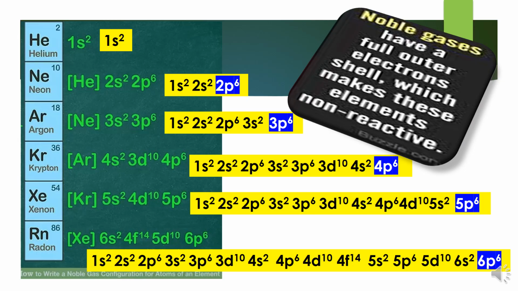It is very important to understand and learn the electronic configuration of noble gases, as whenever you need to write electronic configurations of other elements, you can directly relate that with a noble gas, because we can write them in noble gas core as well. So you need to learn first the electronic configurations of all these 6 noble gases: helium, neon, argon, krypton, xenon, radon. As you can see, except helium, all others have completely filled p orbitals,